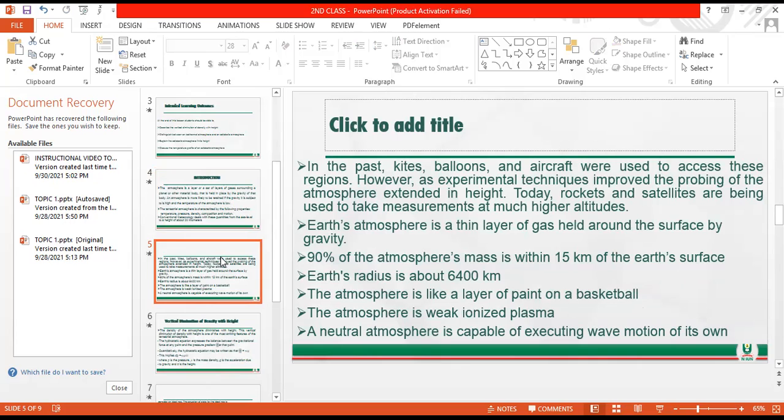Now, in the past, kites, balloons, and aircraft were used to assess this region, but in recent times there are other techniques that have improved the probing of the atmosphere, extended in height. Today, we can make use of rockets and satellites to measure height at great altitude. Before, in the past, they made use of kite, balloon, and aircraft, but now you can use rockets and